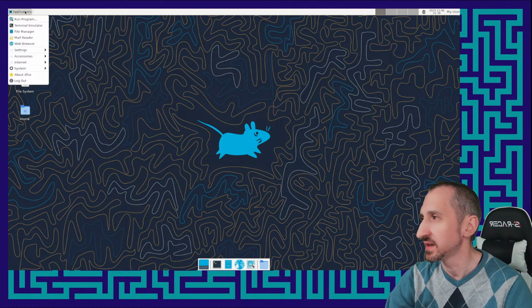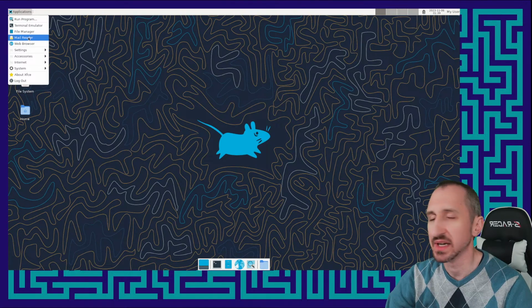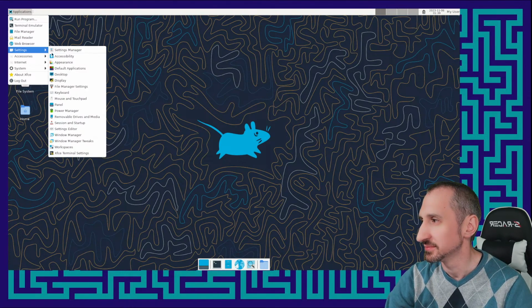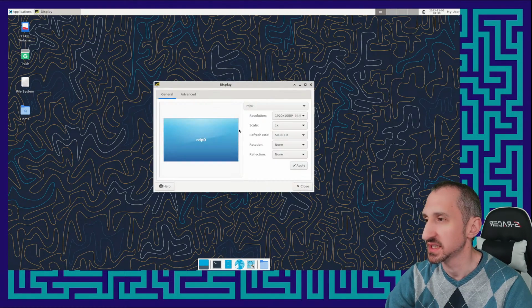And we also have the option to select this menu up here. We can run programs, pretty much do everything. It has a mail reader. We're not going into that ever. And then we can go into settings, and it actually has a lot of settings available that we can access. We're not going to go into those either. But something that's nice is display, things like that. We could change our resolution,